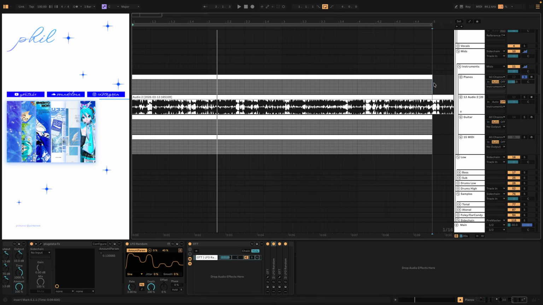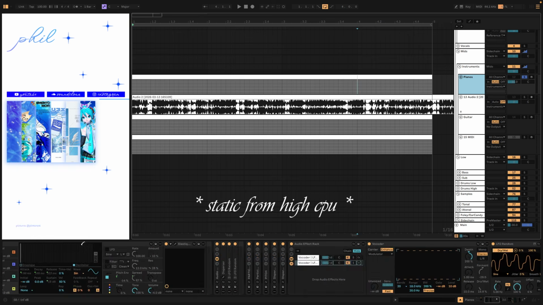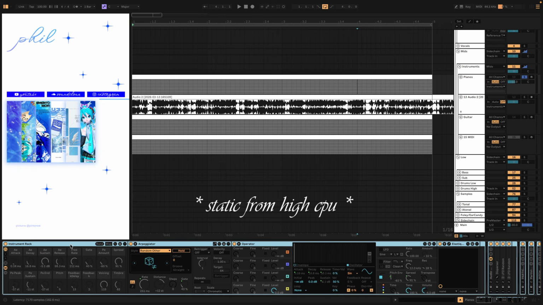So I'll be going through two different workflows that I usually do. This is one of the methods that I'm gonna show you for making glitches. The main concept of using the pitch, delays and filters is basically the same for whatever plugin you use. And in this patch, I'm only using an Operator patch, which is just a simple sine wave movement, and